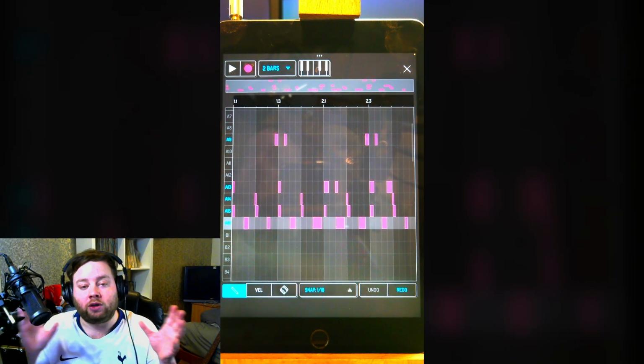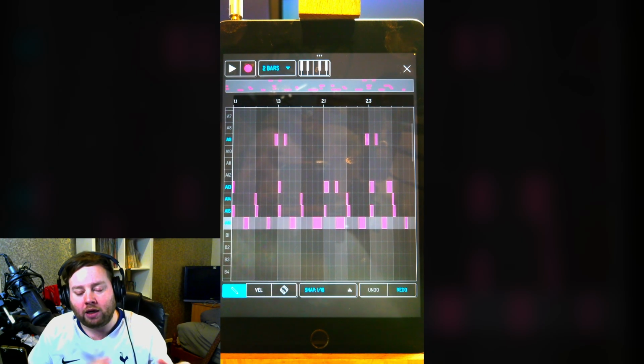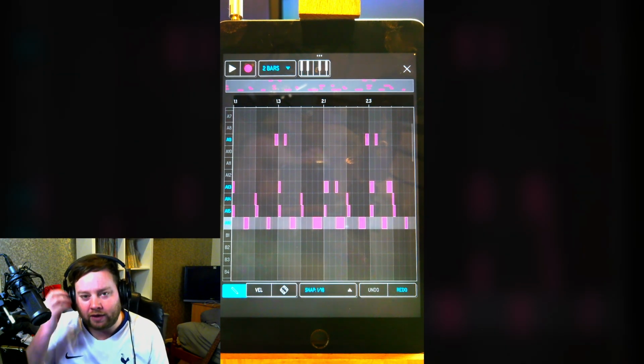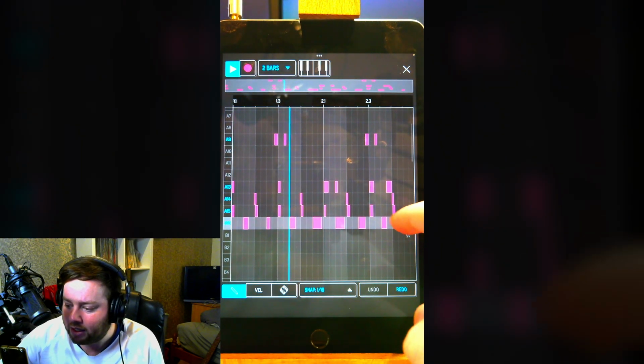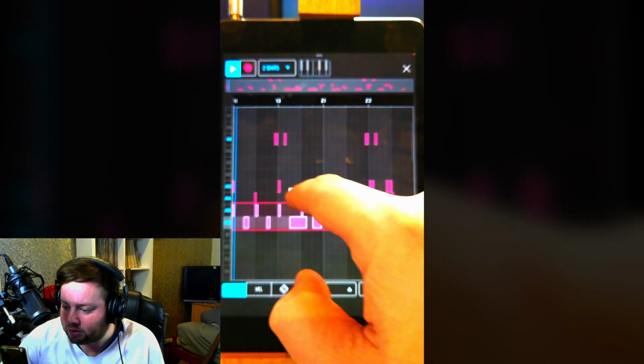Let's just say for the structure of the song, the first sequence, I don't want any hi-hats in, and then I do want them in the second one. But I only discover that as I'm creating it on the fly. So if I press this, start editing it, and start moving things around, or decide to delete them, whatever,